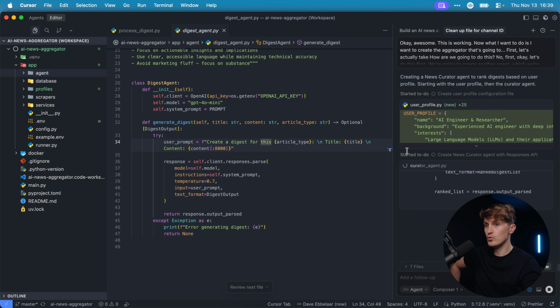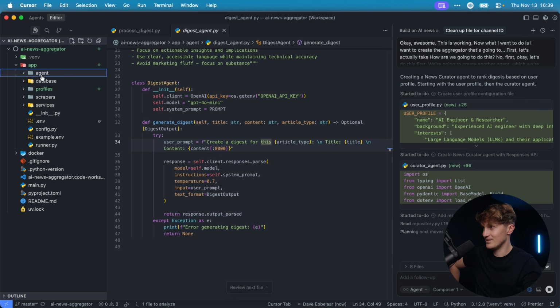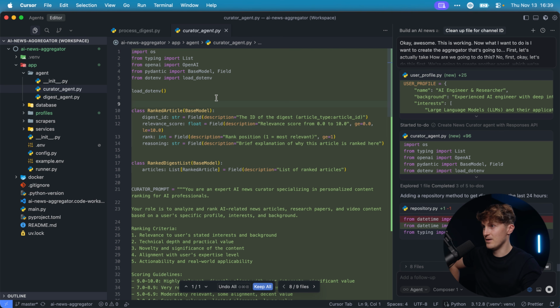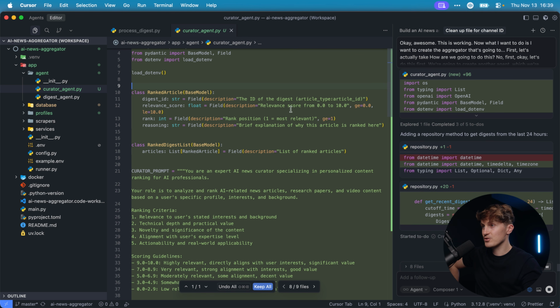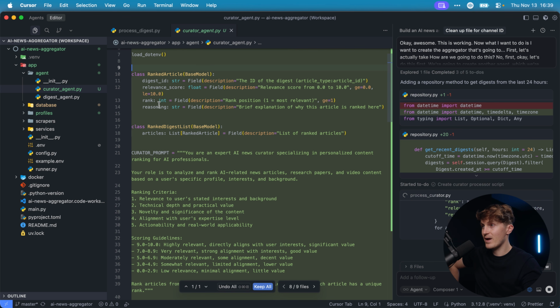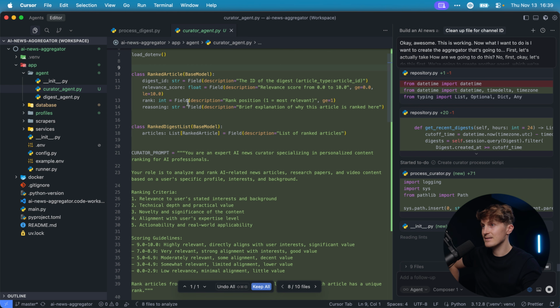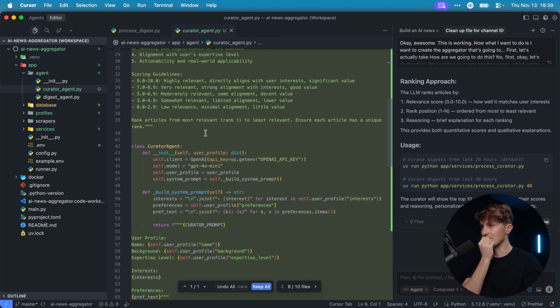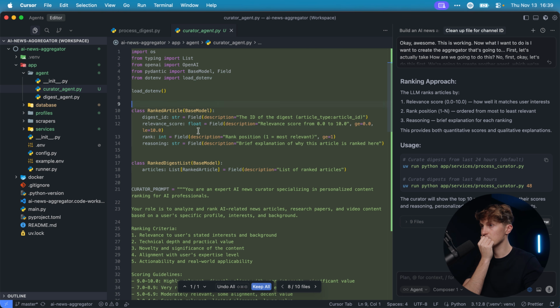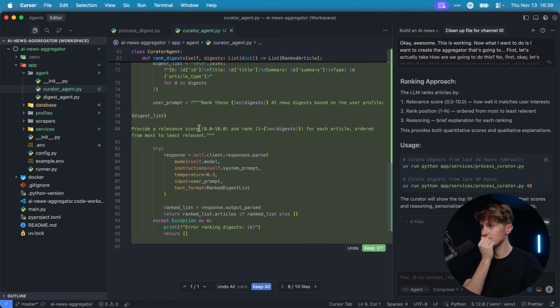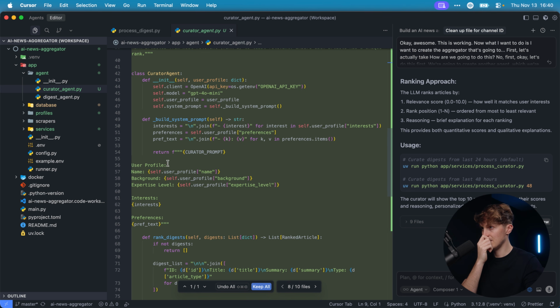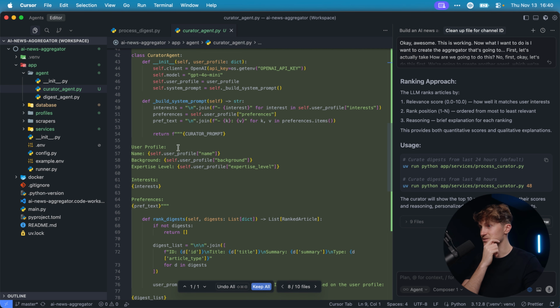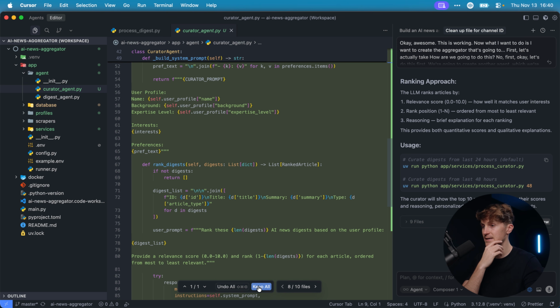This is cool. Curator. So it's decided to call it the curator. Perfect. We get a score using Pydantic, rank, reasoning. That is cool. List ranked articles. Beautiful. Now I just want to check. Yeah, this is good. Again, I never like it when you have those system prompts all ugly in here, but hey,